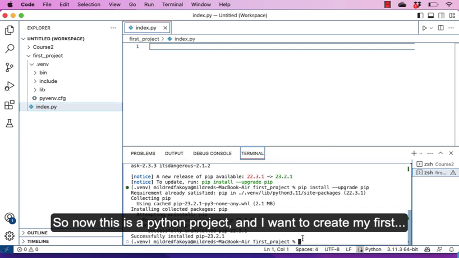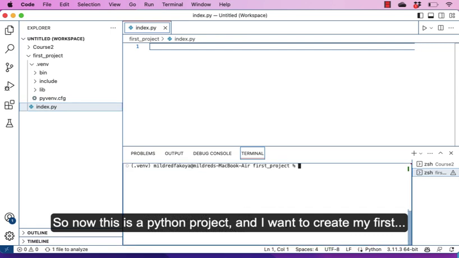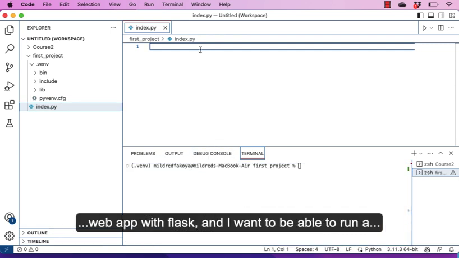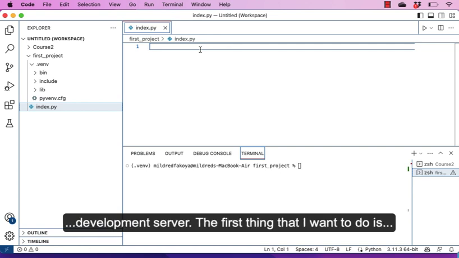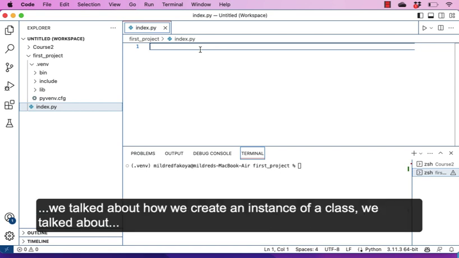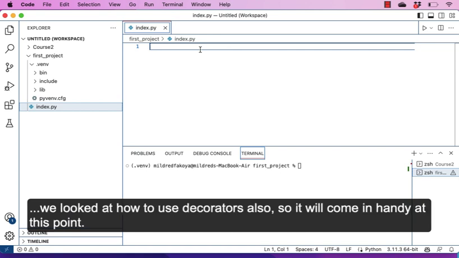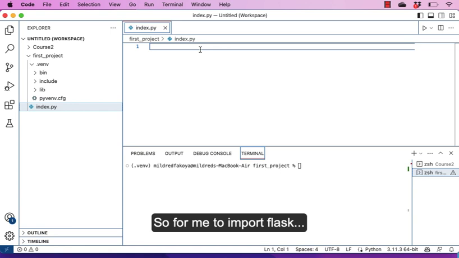So now this is a Python project, and I want to create my first web app with Flask, and I want to be able to run a development server. The first thing I want to do is to remember my classes. And recall that when we did classes, we talked about how we create an instance of a class. We talked about, also we looked at how to use decorators also, so it will come in handy at this point. So for me to import Flask, I will use from Flask,